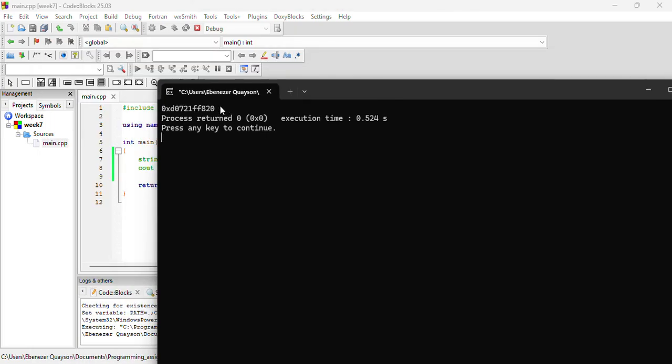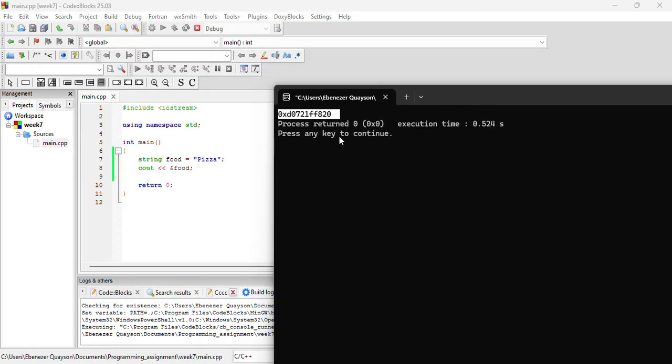Good. As you can see, we are seeing this hexadecimal value over here, and this is the memory address of the variable food. With that being said, let's dive into what we are actually going to be looking at today,